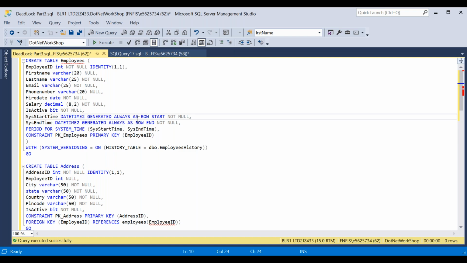Here you can find this generated always as row start, which is the starting date it will have, and until the modification date it will have the row end date.